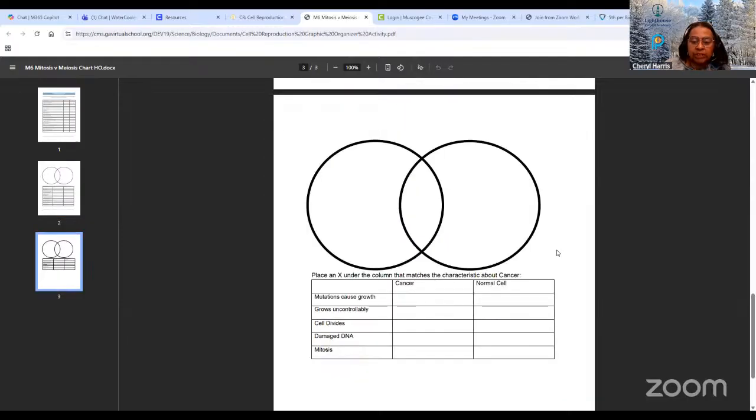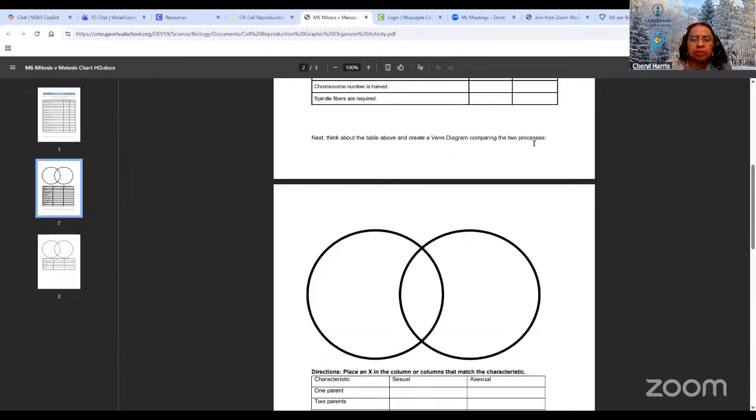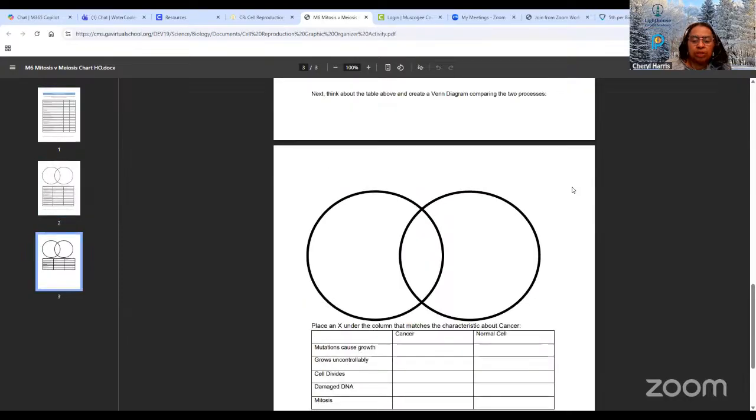And then the last one, you're matching the characteristics of cancer. So this one, again, you're going to just put X's in the column, but then you're going to compare them as far as putting those in that circle.